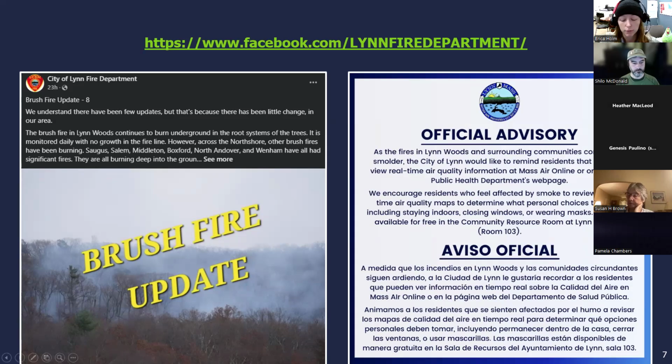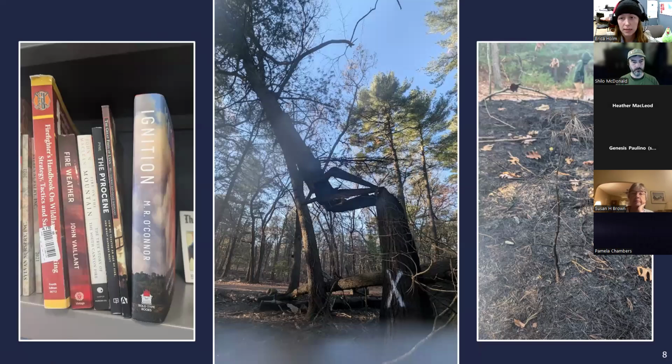So trees are still falling in the woods now. I was able to go out and be in communication with the Lynn Woods Ranger, who is our tree warden, and the fire chief, Dan Sullivan. They're doing a fantastic job. I would really love to thank them and their staff and everyone they're working with for the response on this fire. But this is a picture of a tree that is one of the trees of concern.